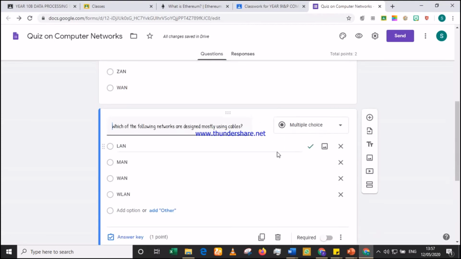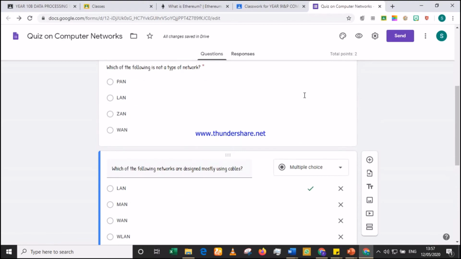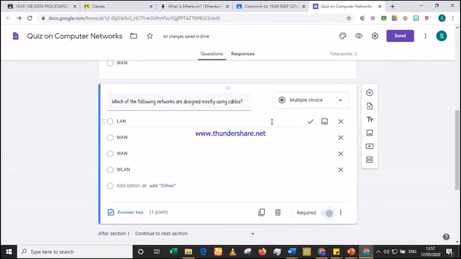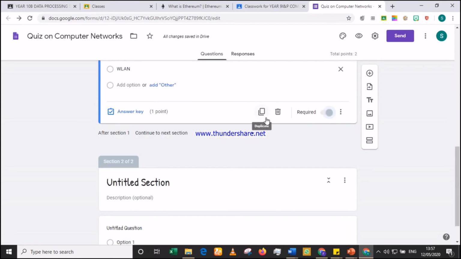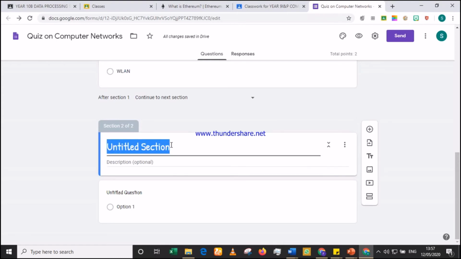I click on done, click on required, and that means the child must answer these 2 questions before he can submit the answer. So I'm done with section A. I said I was going to set only 2 questions. Now let's go to section B. Alright, so I'm going to make this section